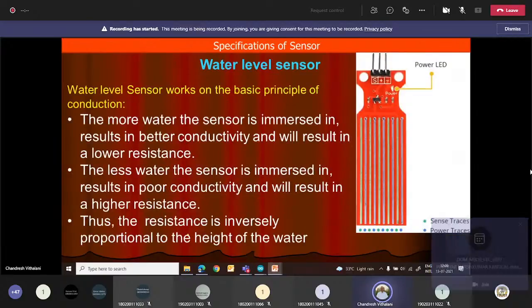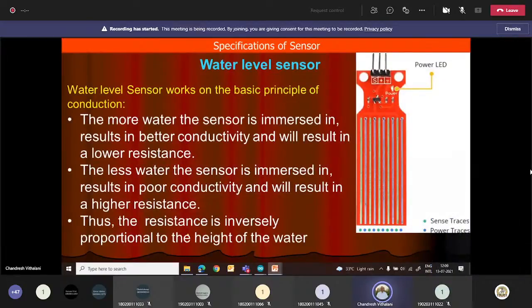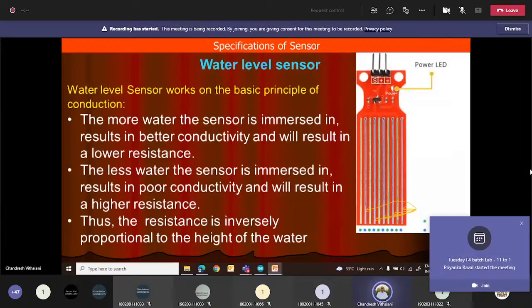Then the water level sensor is very popular. Some of you must have used it in your projects. It has different strips, which are actually conductive strips. And there are some power traces, like these, which are shown in blue color. These are the power traces. And in between there are sensor traces. So this, which is shown in green color, are the sensor traces. So if there is any humidity or any water, you will get conductivity, and that conductivity will be available as a signal to you.